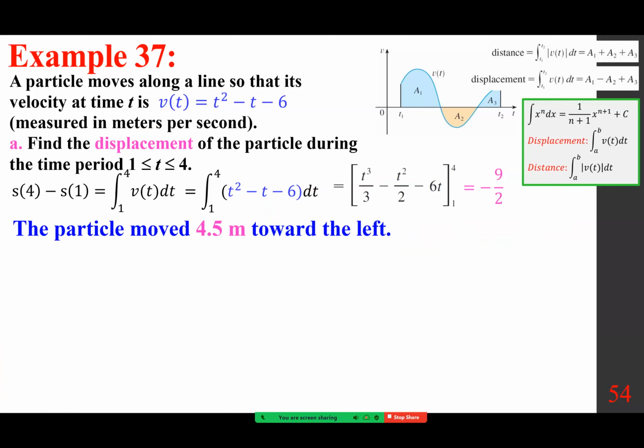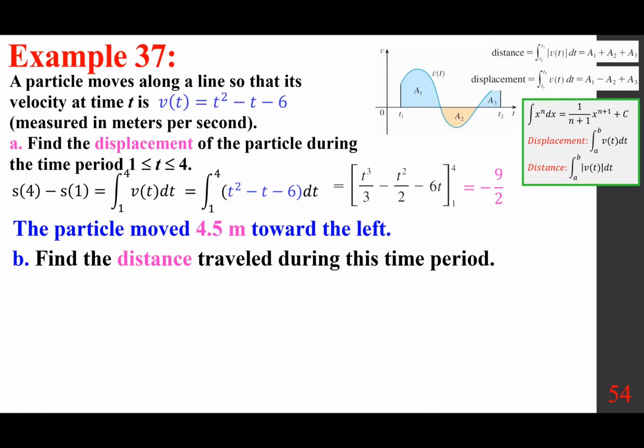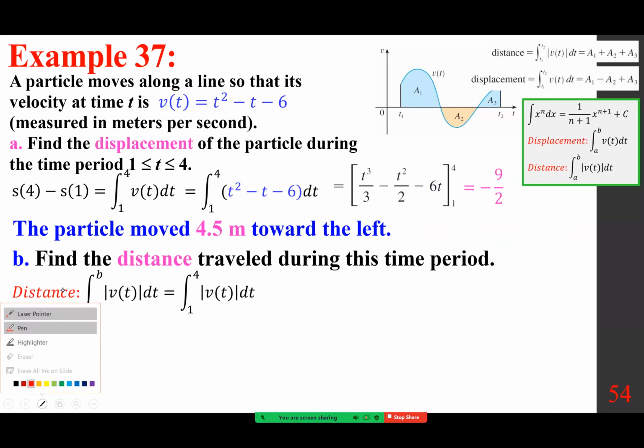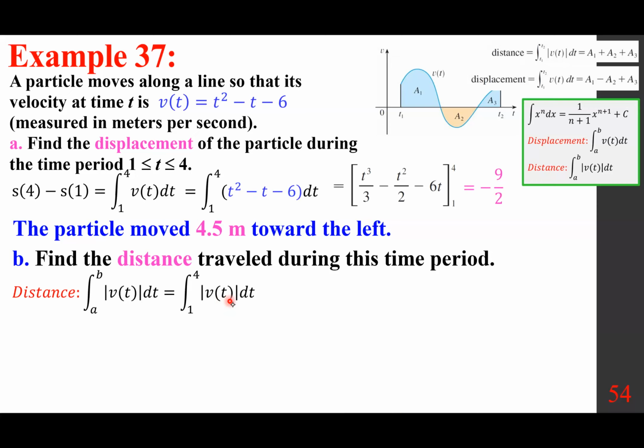We want to find the distance. To find the distance, we have to use the absolute value. In essence, it means, again, I want to make sure we understand, this plus this minus this one is part A. Now this plus this is part B. That's the concept. And so to know what you have to do, when it's positive, you keep the v of t unchanged. But if it's negative, you have to put the opposite of that to make this positive, okay? So you have to do a